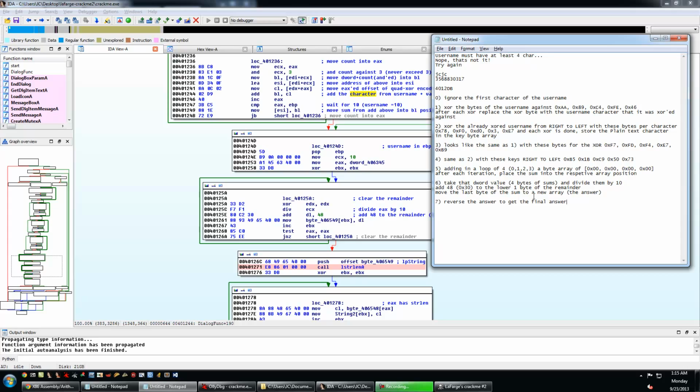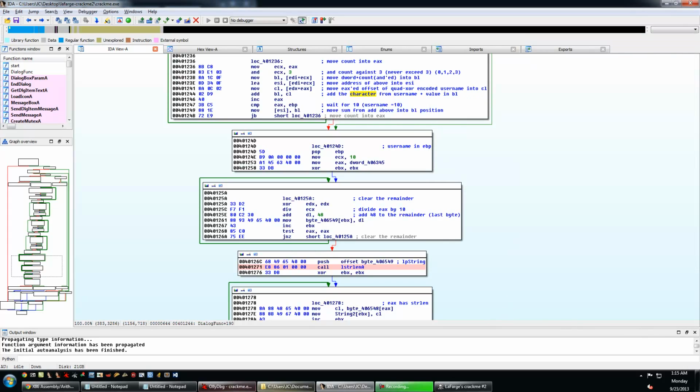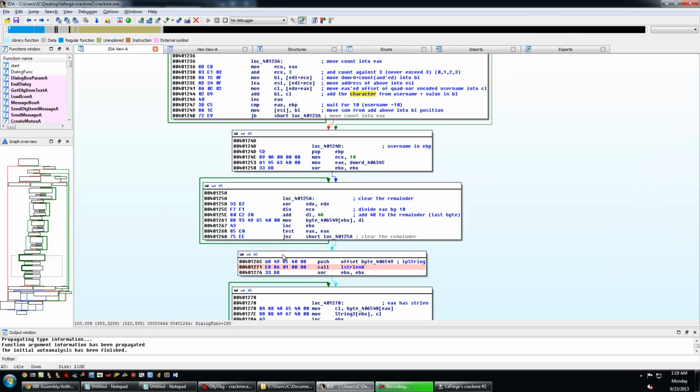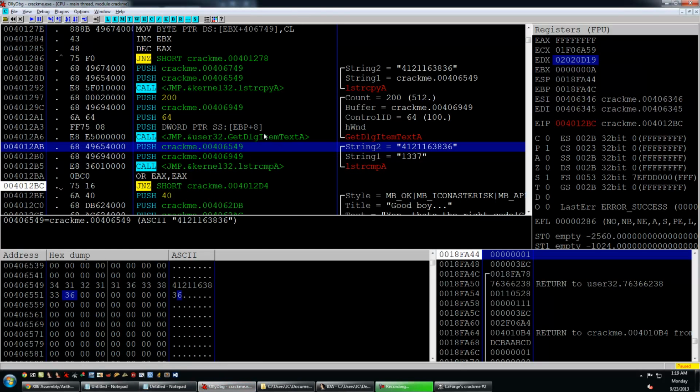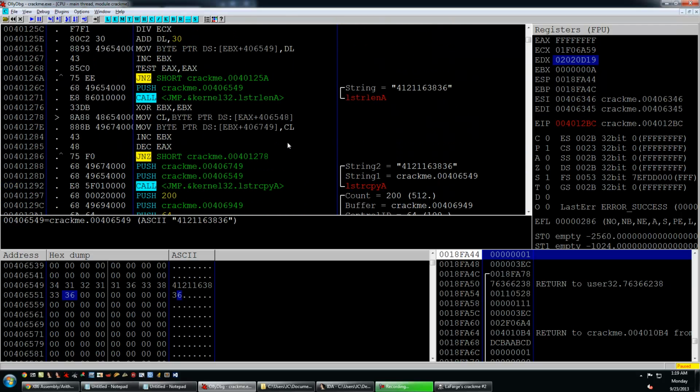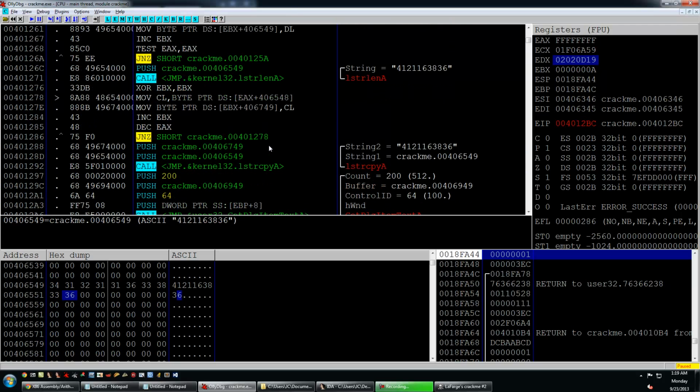So with that, we're done reversing the key algorithm, and the next step here is we can actually go to writing a keygen. Okay, our last step in this video is to write a keygen. First off, thanks for bearing with me this long. For the keygen piece, it would definitely be a shame to let all this code go to waste. The guy took quite a while to make this, so I'm thinking probably the best thing to do here